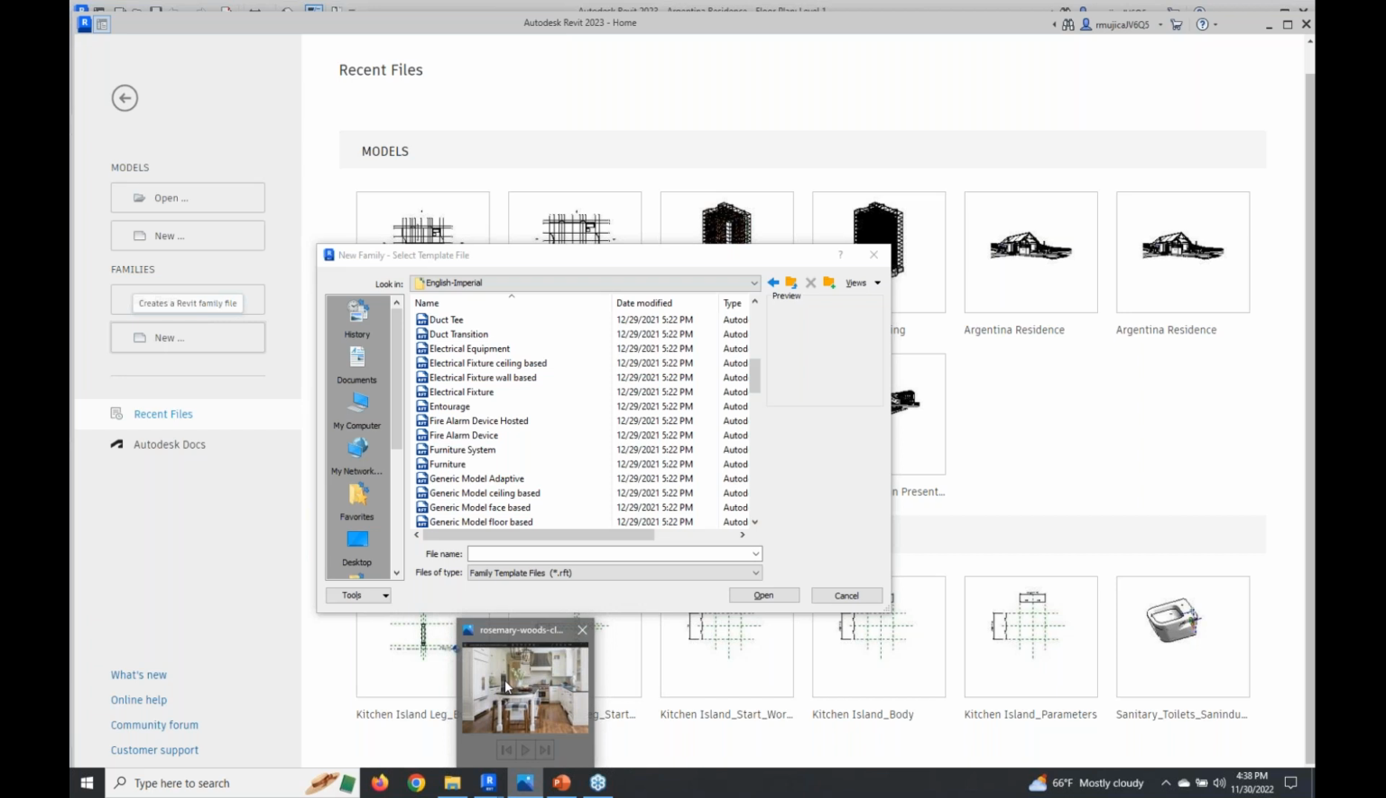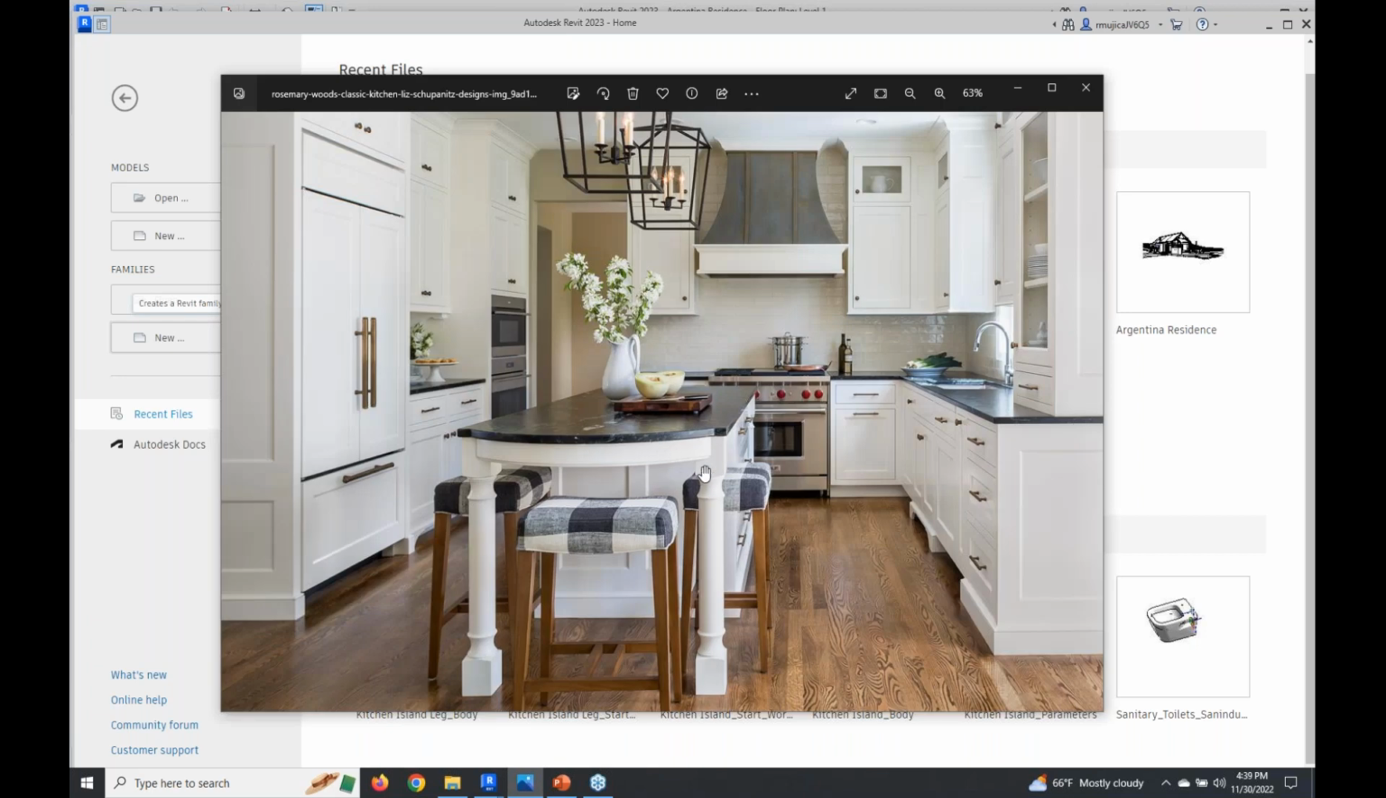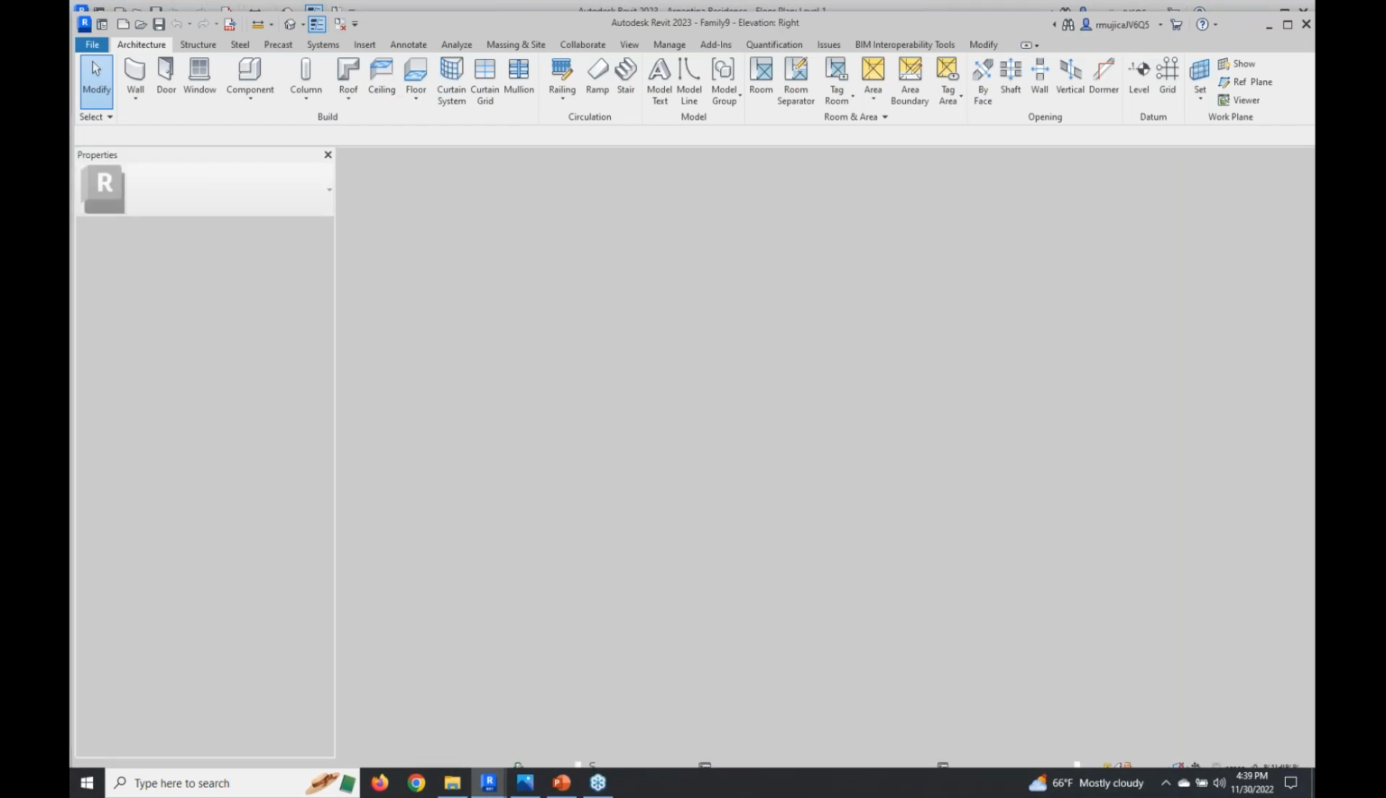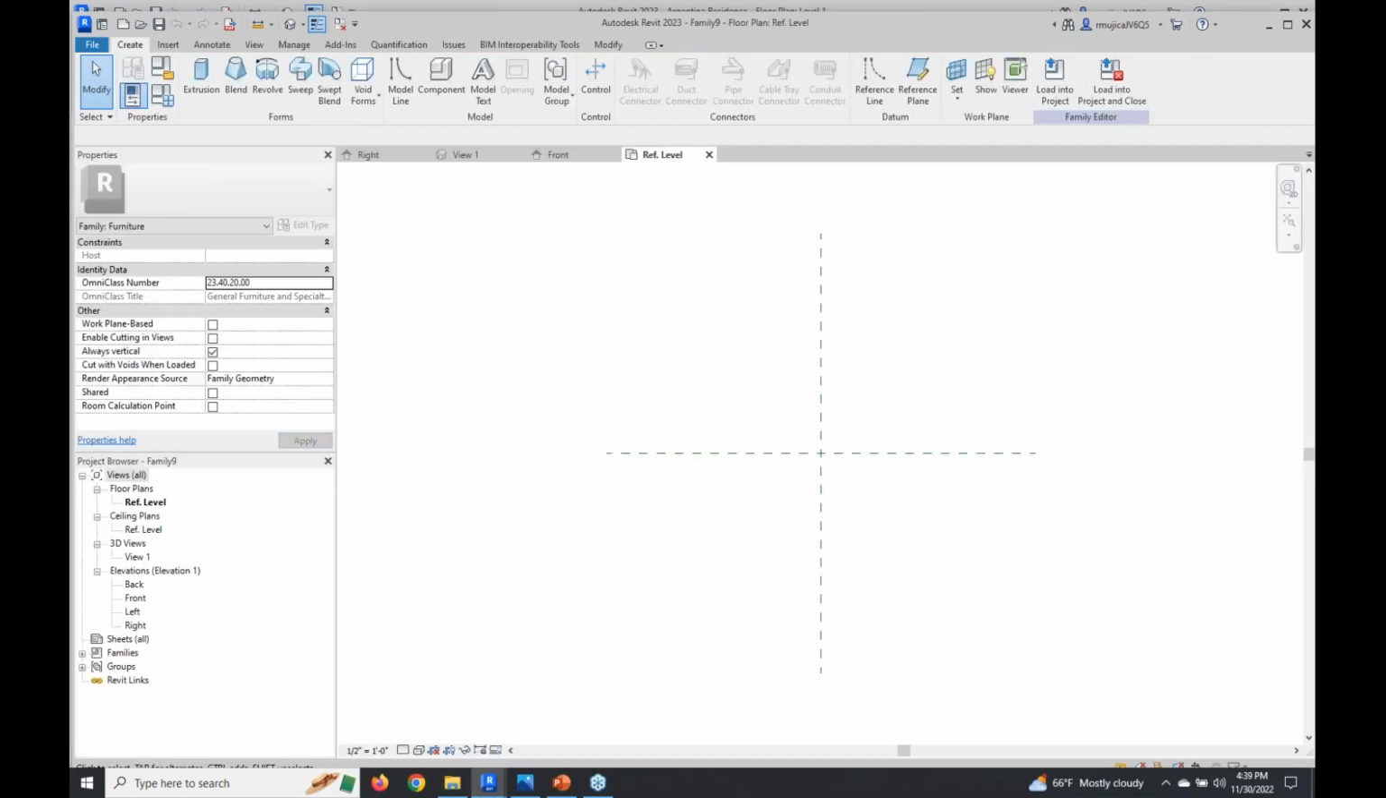So it's a nice furniture. It's in the middle of the kitchen. So I'm gonna use that as my start point. The category is gonna be a furniture. So if I start to do and open that template, I'm gonna get a plain open canvas here to create